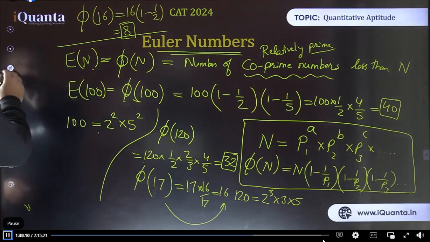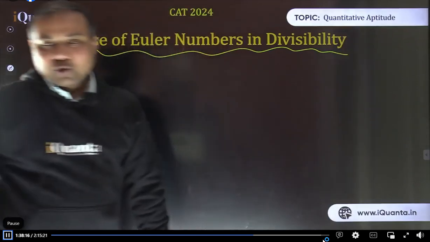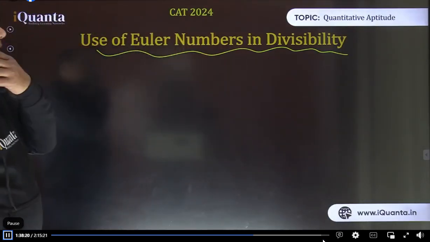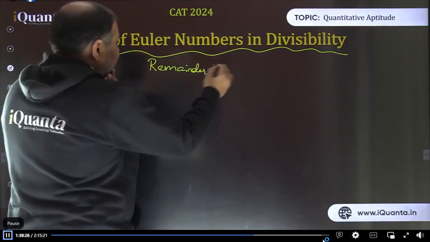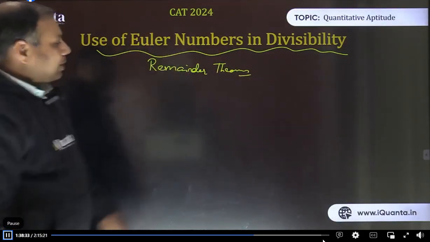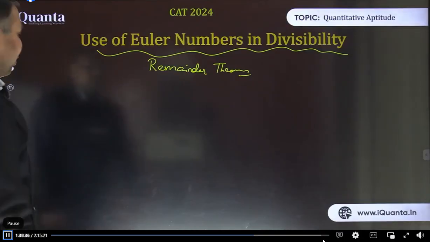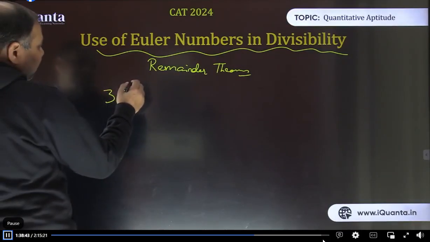I'm erasing all this part now. So let's move further. So now use of this Euler number in divisibility. How to use it? So basically, this is the remainder theorem which we are going to discuss now. If you are having a large number, by large number I mean something raised to power something. For example, I want to find a remainder of a number maybe 37 raised to power maybe